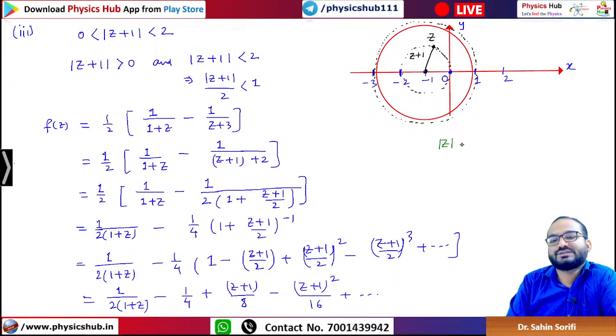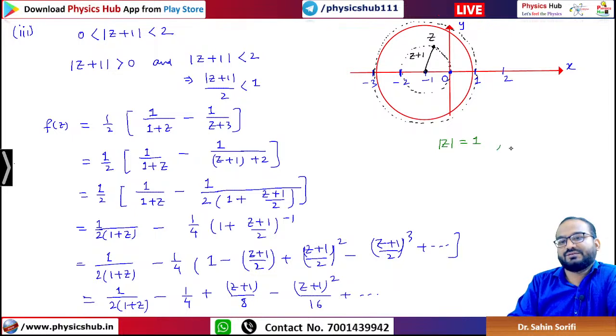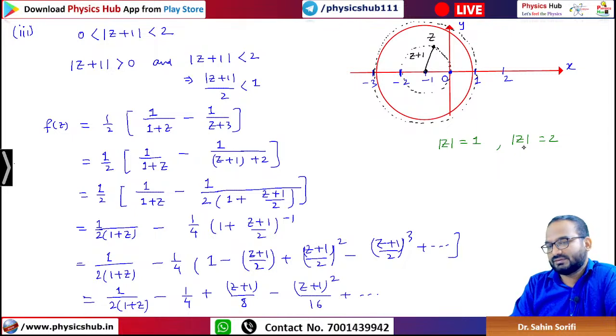Mod of z equals 1 represents a circle which has its center at 0 and radius 1 unit. Mod of z equals 2: center at the origin, radius 2 units. Mod of z equals 3: center at the origin, radius 3. Mod of z minus 1 equals 1: a circle which has radius 1 but the center at z